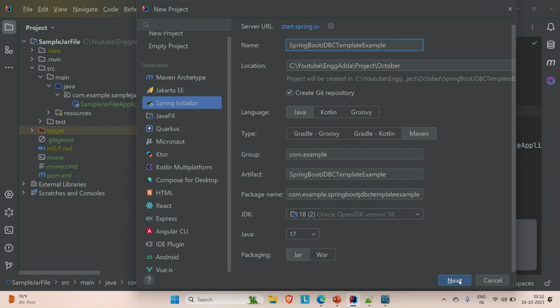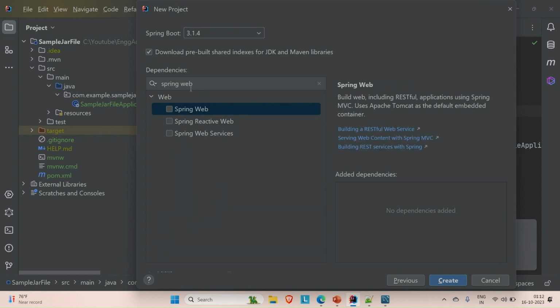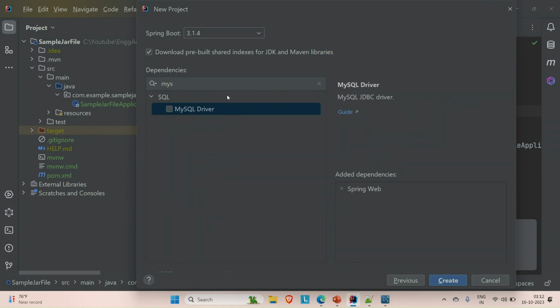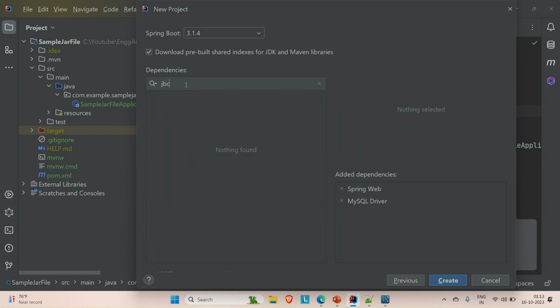Okay, now go next, and here you can see we have to use a couple of starter dependencies in order to create the Spring Boot application and perform the basic CRUD APIs. Okay, so I'm just going to use the Spring Web, and I need MySQL driver also to connect with MySQL database, and we are not going to use the JPA here. We are going to use the JDBC template instead of JPA. So just use JDBC,